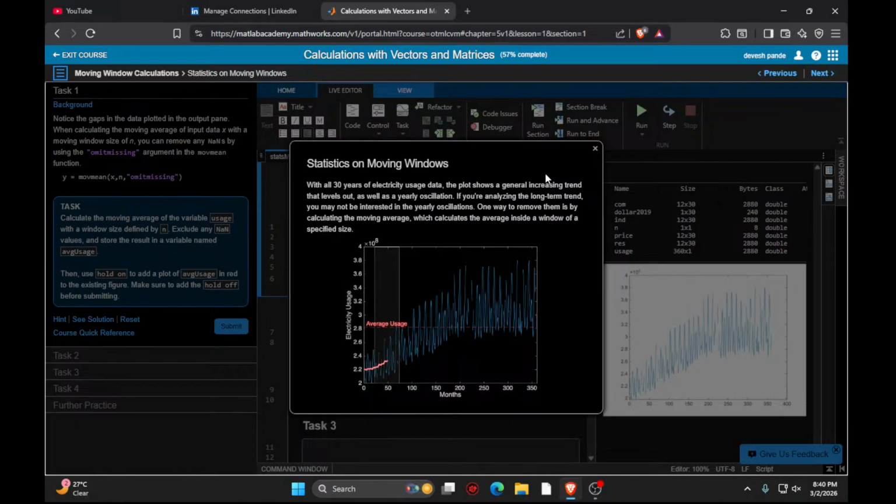Here we have to do the statistics. So, statistics on moving window. A window is nothing but a small part of a graph. With all 30 years of electricity usage data, the plot shows a general increasing trend that levels out, as well as yearly oscillations. If you are analyzing the long-term trends, you may not be interested in yearly oscillations. One way to remove them is by calculating the moving average, which calculates the average inside a window of a